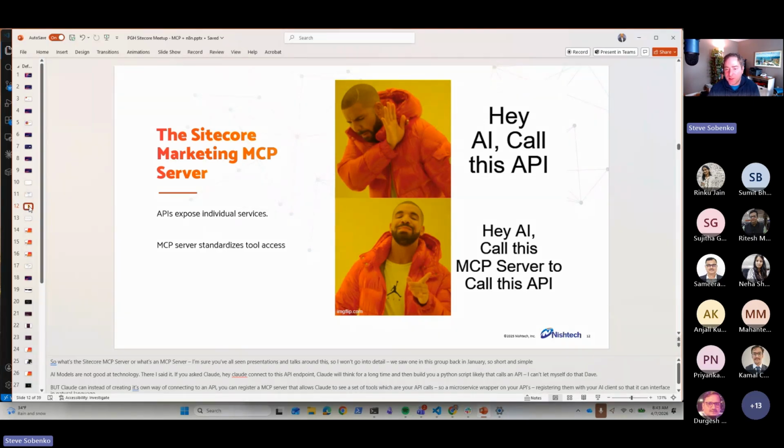So we need something in between called an MCP server to be able to do that. If you ask Claude, call Sitecore's API, and here's the documentation for the API, and get me all of the sites, the first thing Claude's going to do is probably create a Python script to do it, because Python would be the way to do it, and then Claude may use Python. So in this case, an MCP server is a standard way that wraps that API so that our LLMs can more efficiently and effectively talk to